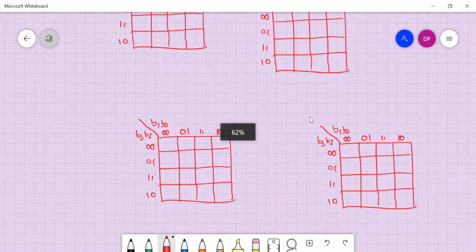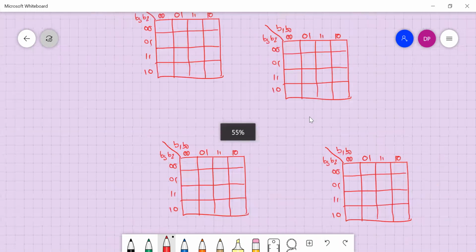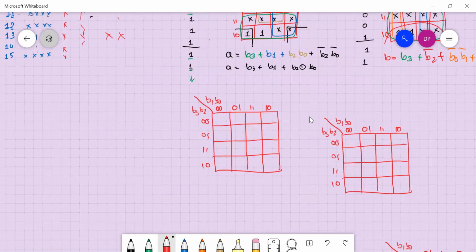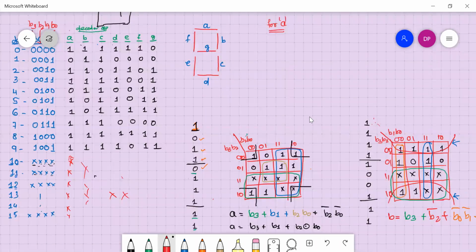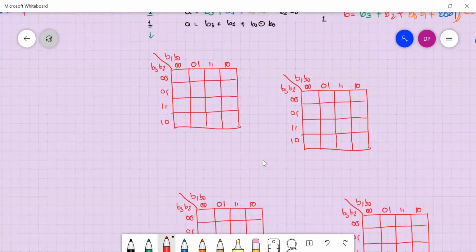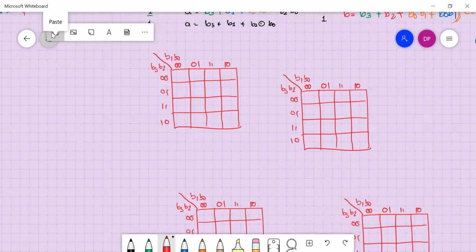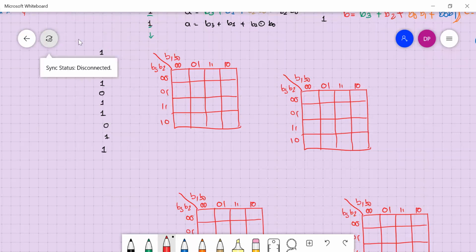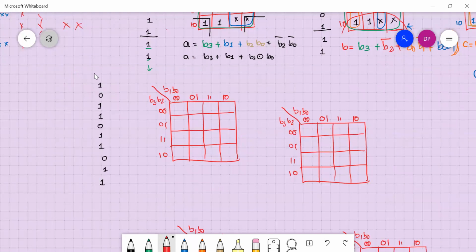Okay. Now let's copy this. We have to make it for D, E, F, and G. Okay, so let's copy D. Okay, this is D. So get an expression for D here.